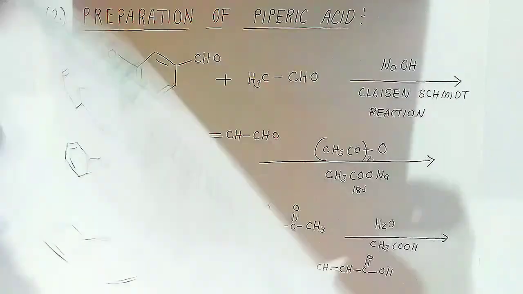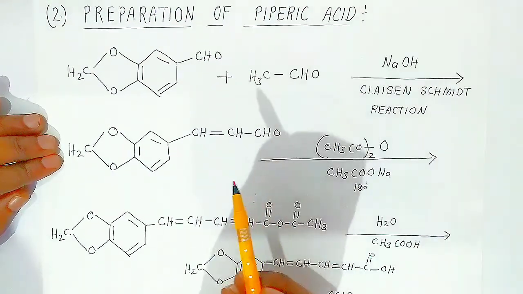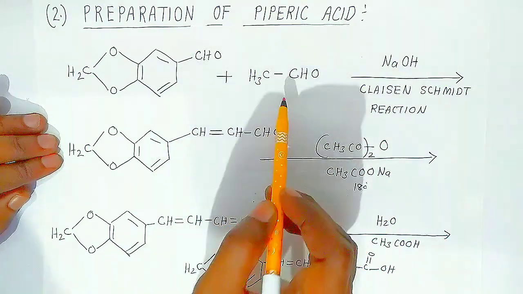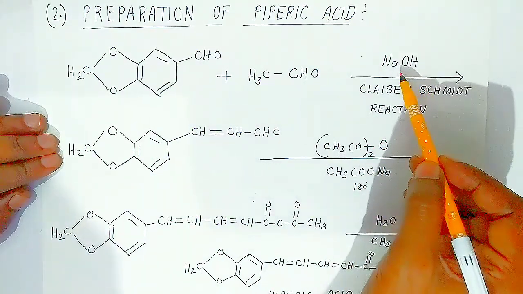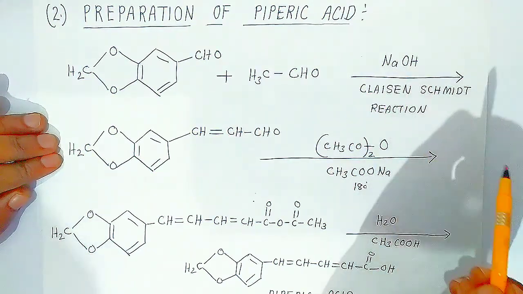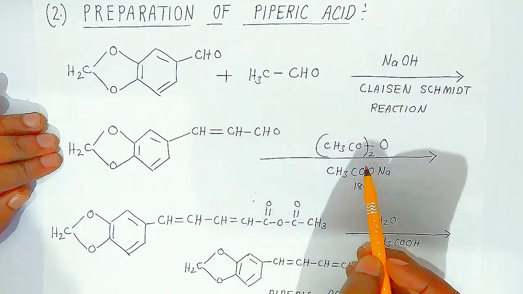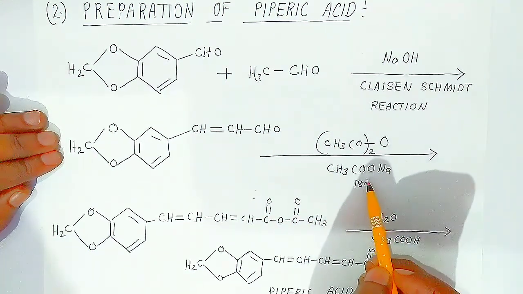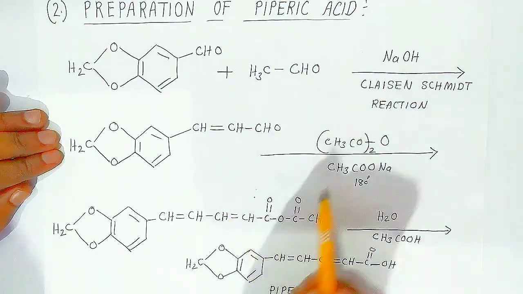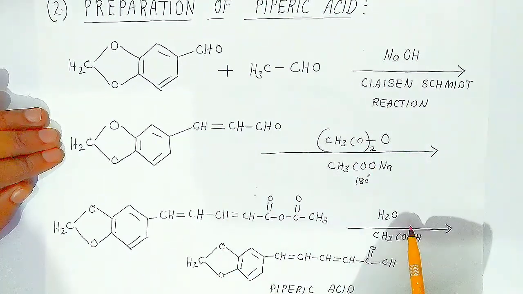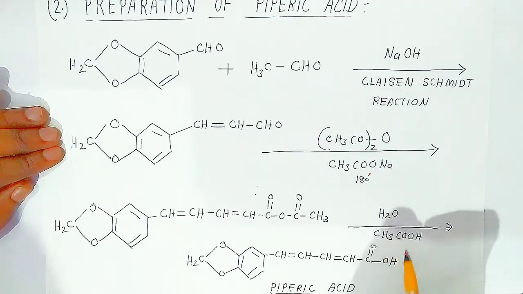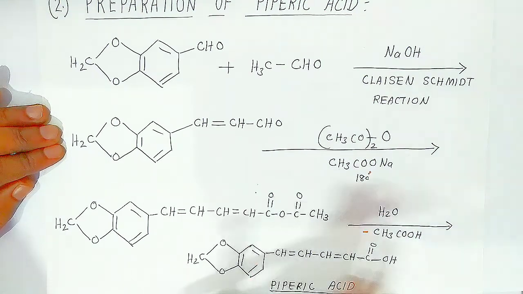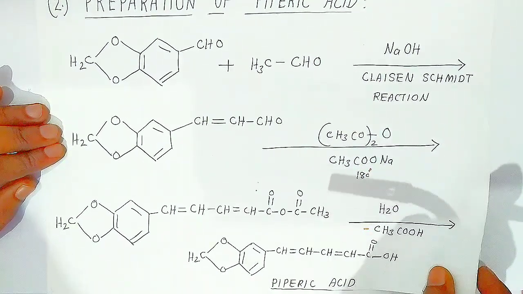Now second product students that we are going to see, that is preparation of piperic acid. Now how is the piperic acid prepared? Here students, these two molecules, this is aldehyde, aromatic aldehyde, and this is what? Aliphatic aldehyde. In presence of base NaOH, a Claisen condensation reaction will take place students, they will combine, and after that students, here the Perkin will take place. We are introducing acetic anhydride in presence of sodium acetate at 180 degrees Celsius. What happens students? Acetic anhydride will combine, and after the hydrolysis, there is elimination of acetic acid, piperic acid will come out. This way we can form piperic acid, which is a very important organic compound students.